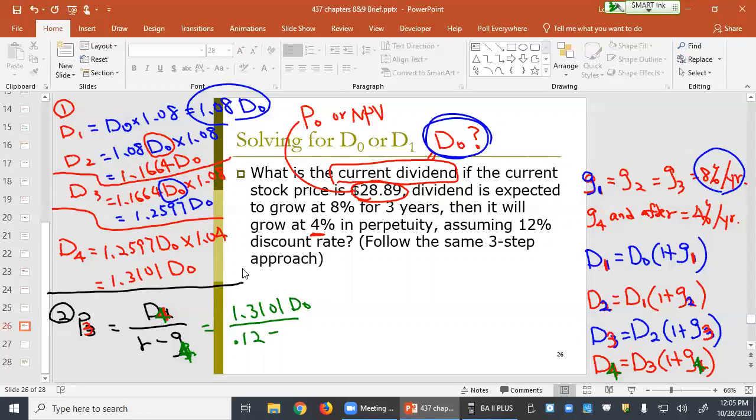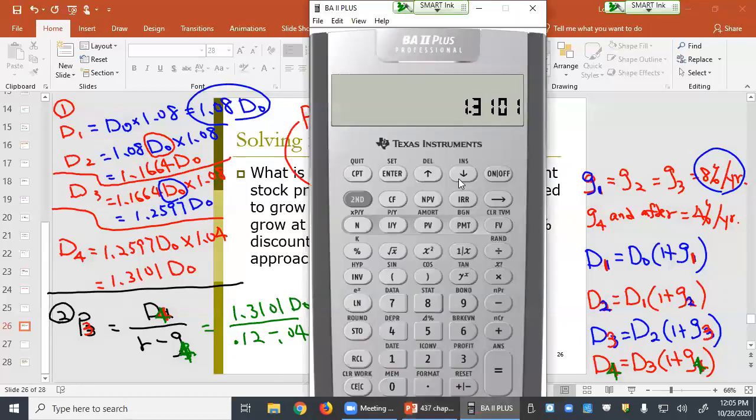0.12 minus G4, that's 0.04. So that's the same as 0.08 in the denominator. Then I will go ahead and use this output that I already have in my calculator, and I will divide it by 0.08. Okay, so my P3 equals